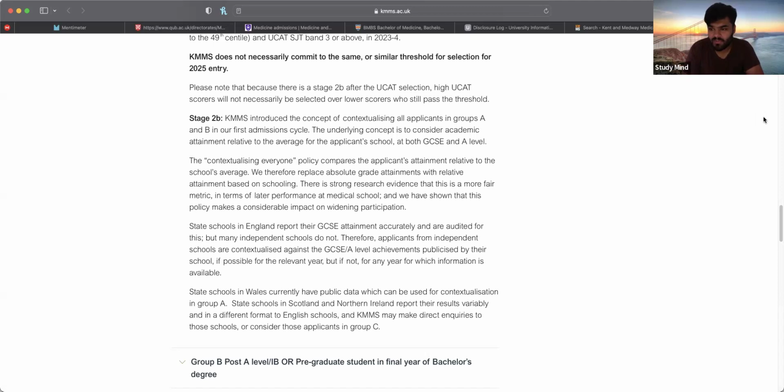Hanzala has put 2,800 in band 3. Yes, the score is high. Avoid universities that discriminate against band 3 and 4, basically. There are some universities that don't explicitly say band 3 is a bad thing, but they'll reject you in band 4. For example, I think Newcastle is one of them. I'm having a bit of a mind blank there. I'm fairly certain, I might be wrong, but double check that. They will reject you if you get band 4, but I don't think band 3 is a bad thing. Anyways,